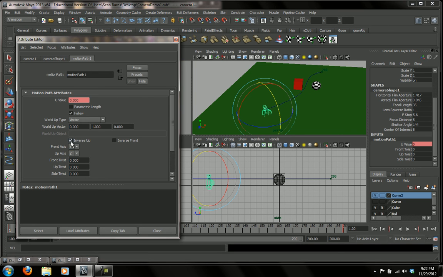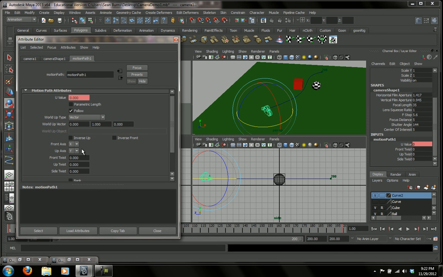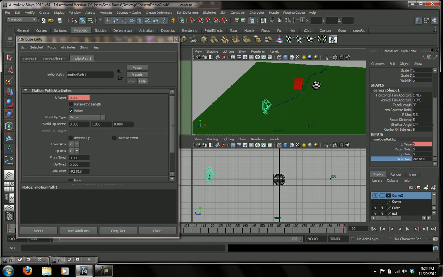So you can play around with these, and it's changing the x-axis and the y-axis. If you get all mixed up and don't know where you are, you can always reset these, but it is set to Y, so it's going to be there upside down, and I'm going to do the side twist. If we go to side twist, I think that's going to